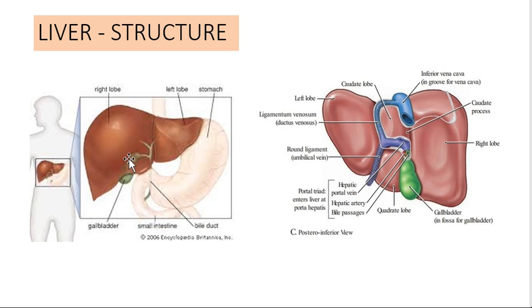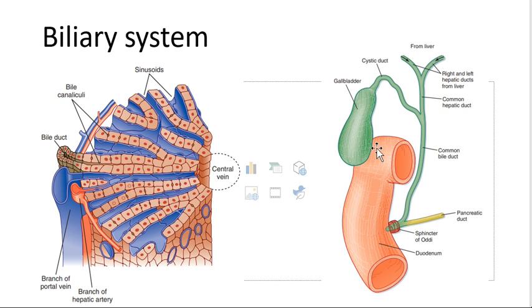If we see from anteriorly, but the posterior surface of the liver has different arrangements. So anteriorly there are two lobes of the liver, the right lobe, which is the largest lobe, and the left lobe. On the posterior surface, different vasculature arrangements divide the liver into two further lobes, which are the caudate lobe and quadrate lobe. The gallbladder is also situated on the posterior aspect. We'll see how the arrangement exists.